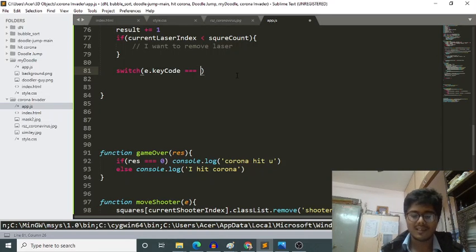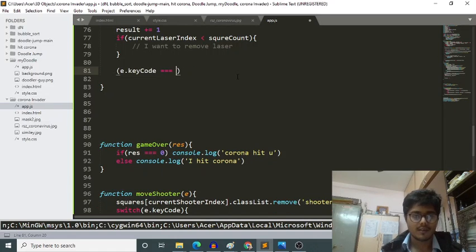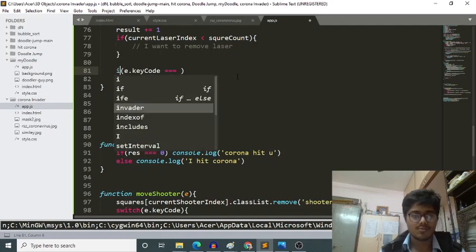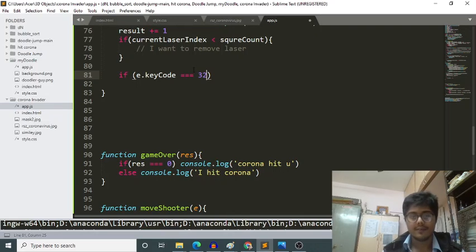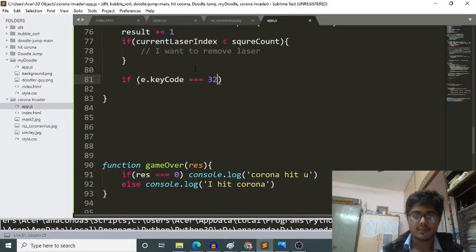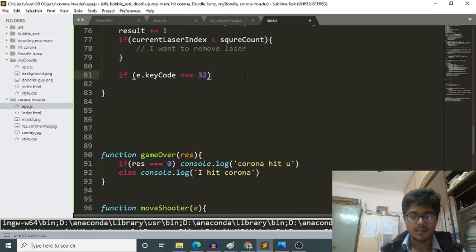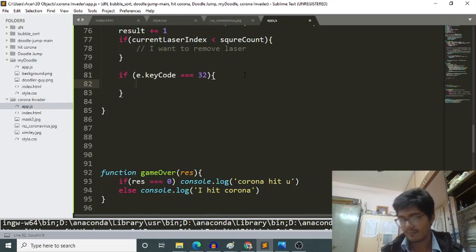Oops, what I'm doing, I don't want switch. I will use if. I will just do if key.keyCode equal to 32. Then, oops, what I'm doing. I don't want to zoom. Then what I want to do is that,